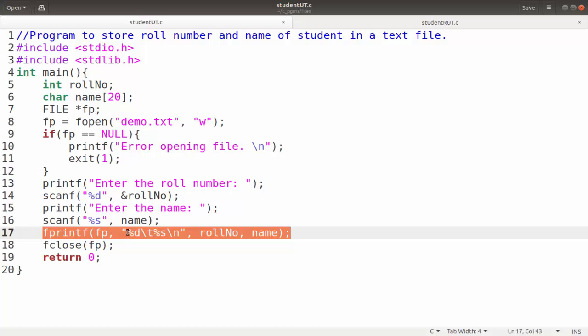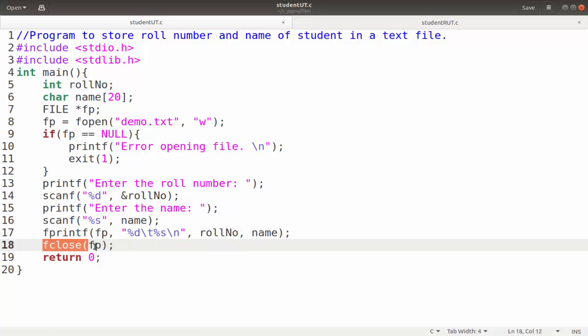First it will write the roll number, then it will insert a horizontal tab, then it will insert the name, and after that it will insert the newline character. And after all these things are done, we will close the file. The syntax for closing the file is fclose, and inside we have to pass the file pointer as the parameter. So we write fclose of fp to close the file. So these are the parts of the program. Now we will just